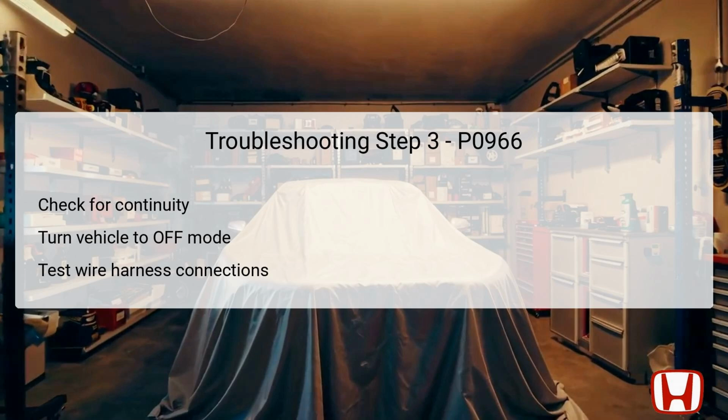Begin by turning the vehicle to the off mode to ensure safety while conducting this test. Next, utilize the HDS to jump the SCS, Service Check Signal line, initiating a diagnostic readiness condition. After this, carefully disconnect both the PCM connector B51P and the solenoid wire harness 8P connector to prepare for continuity